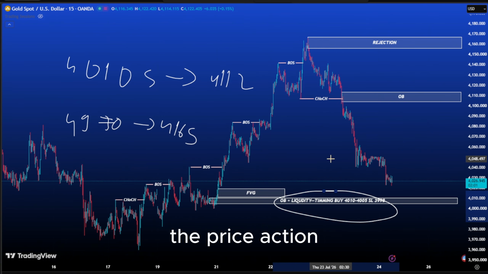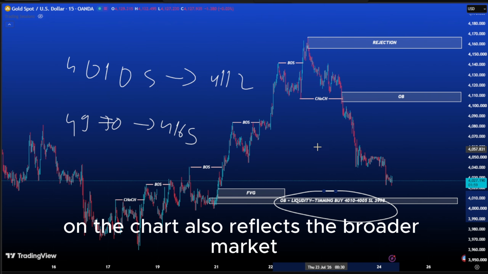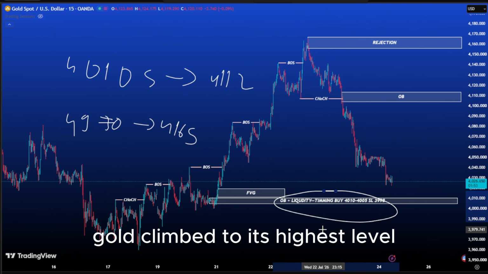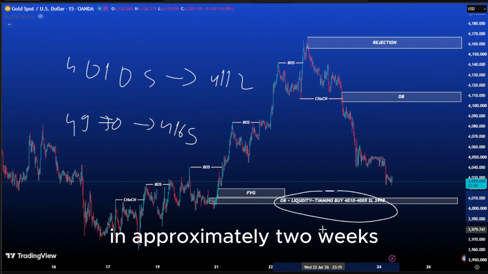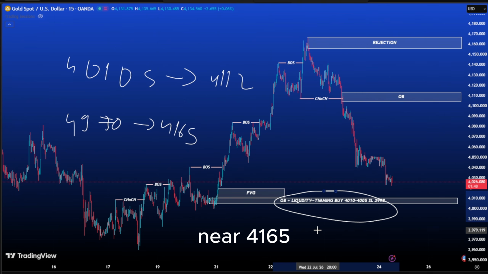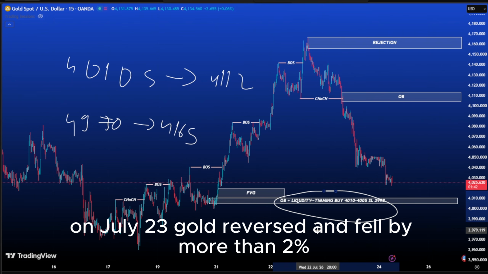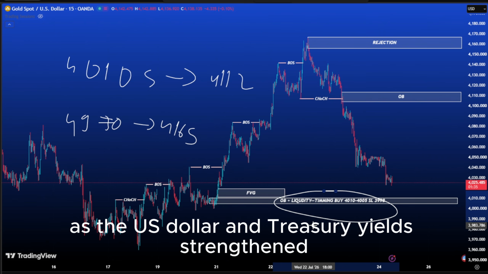The price action on the chart also reflects the broader market environment. On July 22, gold climbed to its highest level in approximately 2 weeks, near 4165, supported by a weaker US dollar and technical buying. On July 23, gold reversed and fell by more than 2% as the US dollar and Treasury yields strengthened. Oil prices also moved above $100, increasing concerns about inflation and the possibility that monetary policy could